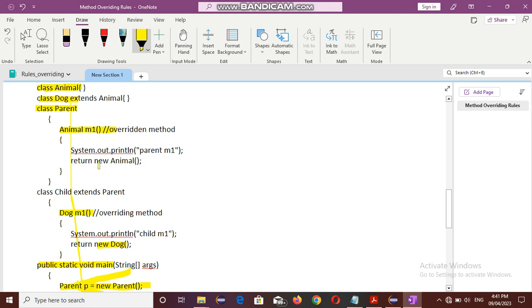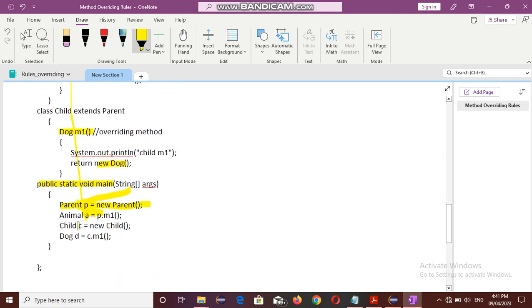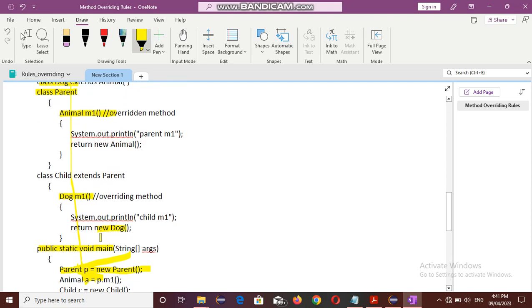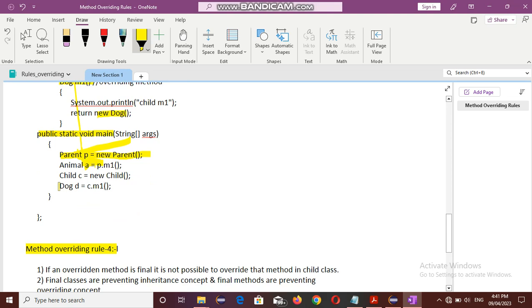Similarly, with a new child object, the child class m1 method will be invoked. This is a very important rule, so note it down.